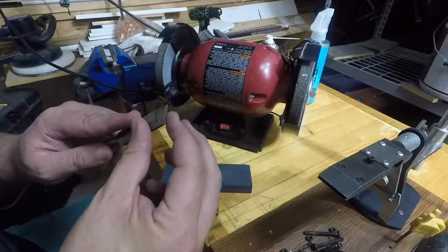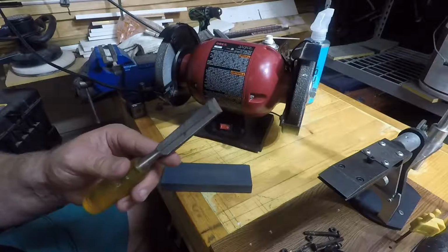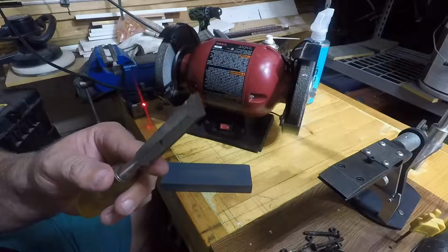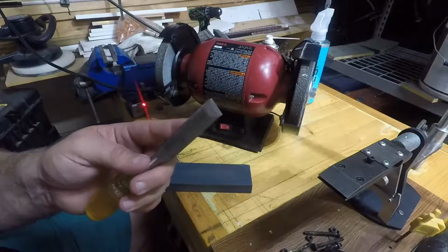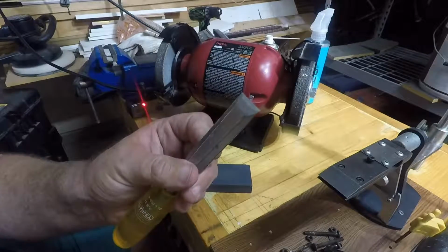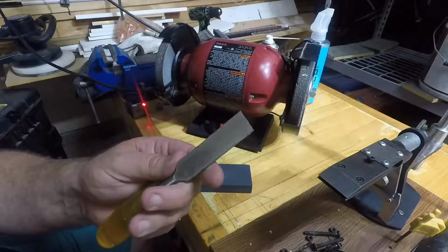That's smoothed up quite a bit. I don't have any wood here to test it on. I think we can just kind of tell by looking at it that it would work. I used this about a week ago to scrape paint, so this is definitely the utility chisel. But it's better than it was. I removed the damage. I guess I'll call that a success. For now, this is how not to